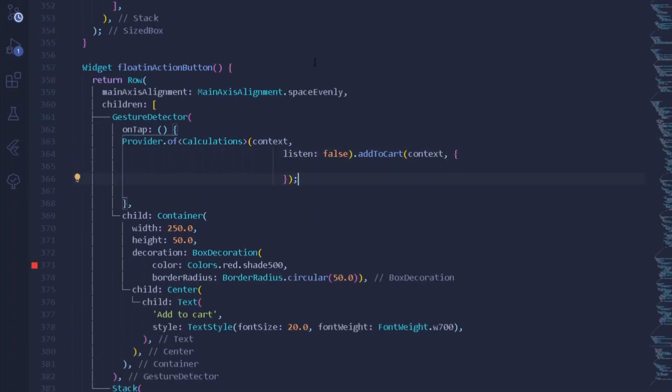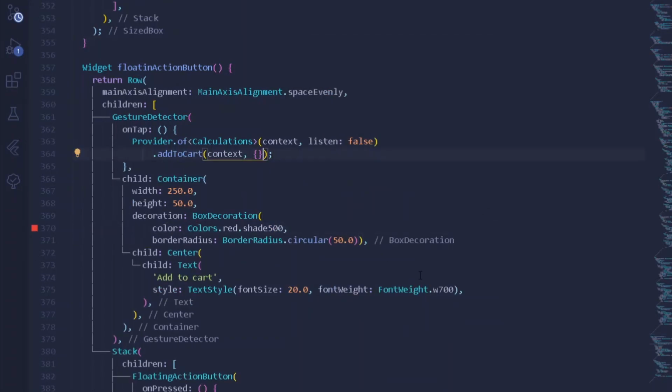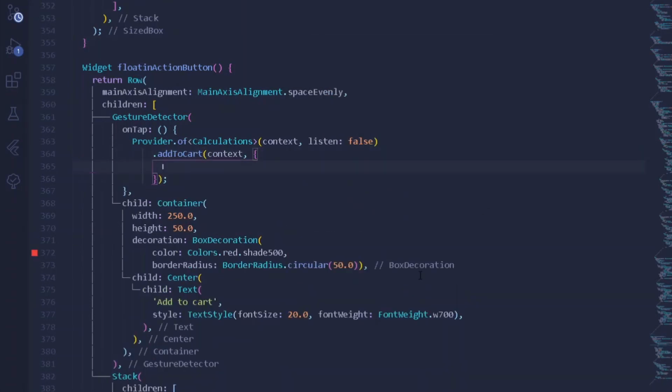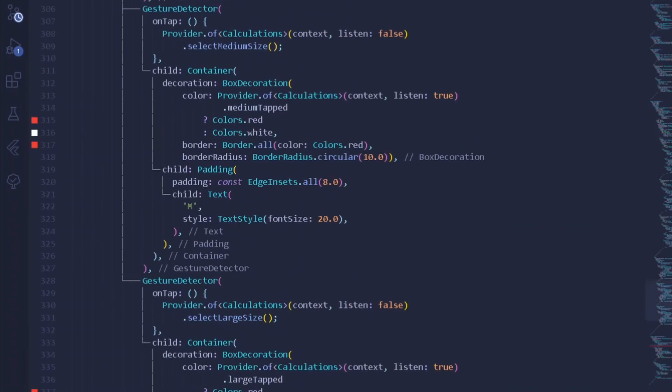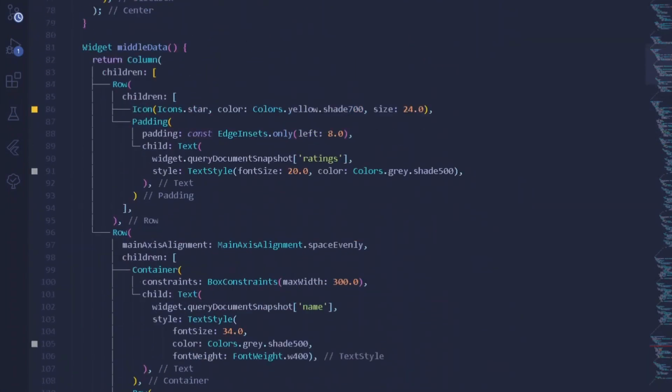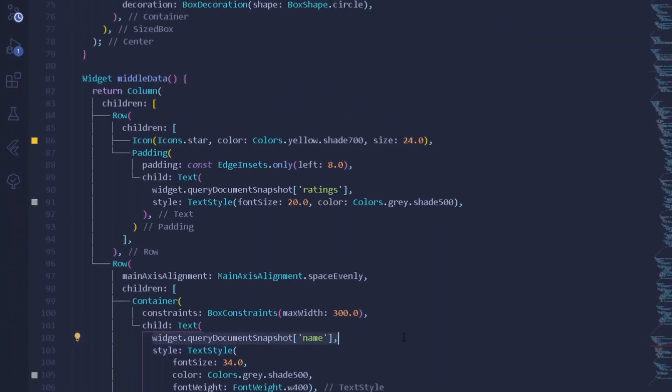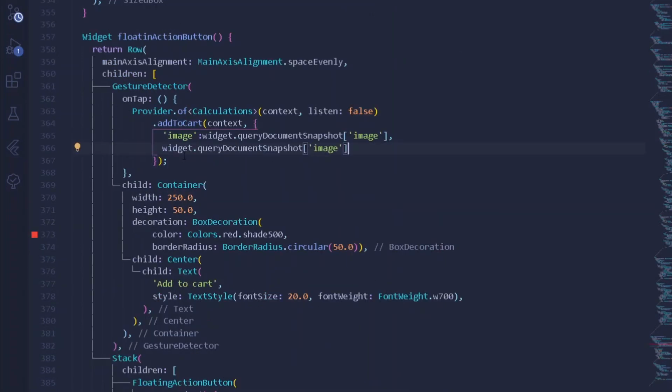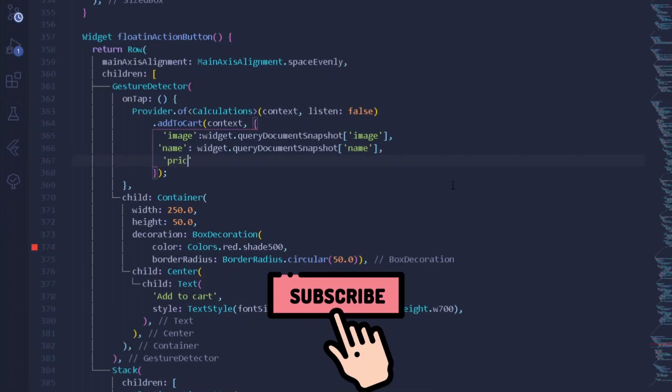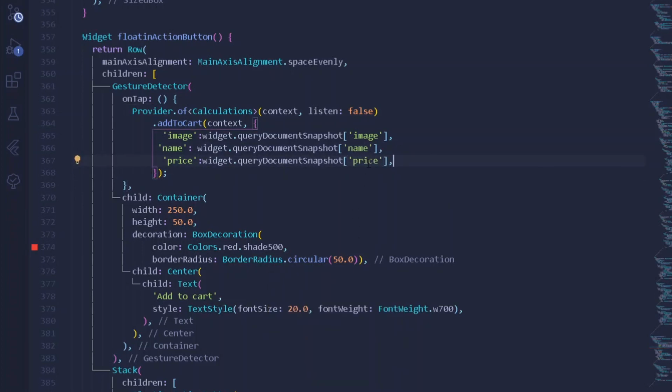Now consider our data to be the name, the image, the price, and the values of our onion, bacon and cheese. So first of all I will simply add the image, and the image shall be nothing but from my query snapshot. So now let's grab the image from the query snapshot itself. Alright, name shall be similar as well. Alright, we have our image here, and after this we shall have one more thing, that is nothing but a name. So here I will be setting name to be the following thing. After this I shall have a price as well. So for the value of price, I can copy it one more time, paste it here, and here instead of this I will be writing price.